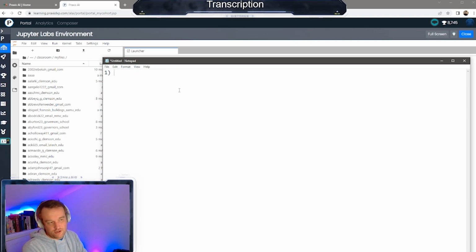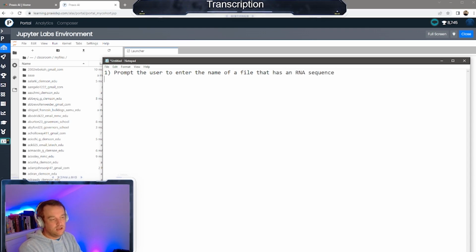Okay, so first, prompt the user to enter the name of a file that has an RNA sequence. That's very similar to our previous one, our DNA sequence for transcription. Then we want to open the file the user indicated. Easy enough. So third, we want to translate